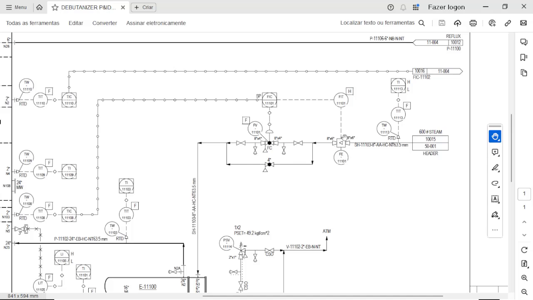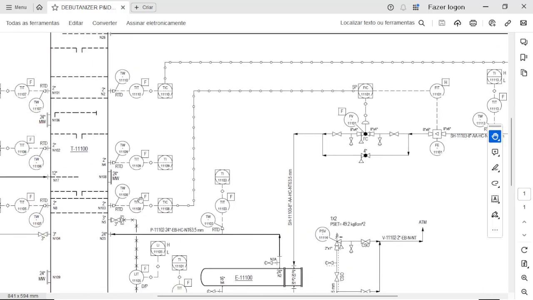So there is an instrument of flow that measures the flow and sends the signal to a flow instrument controller. In this case here, there is an instrument for temperature that reads the temperature and sends it to a temperature indicator controller. This type of line here is different from this type of line here because the information from each one is different.